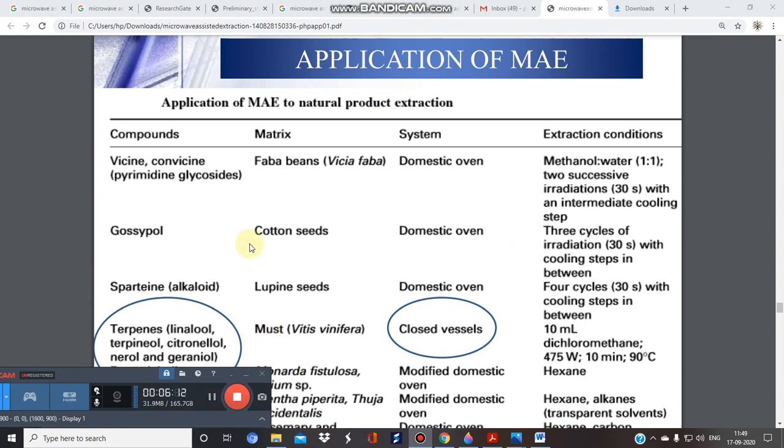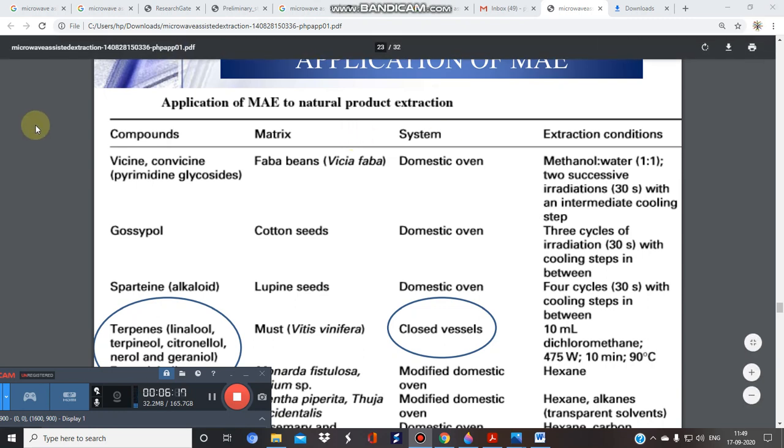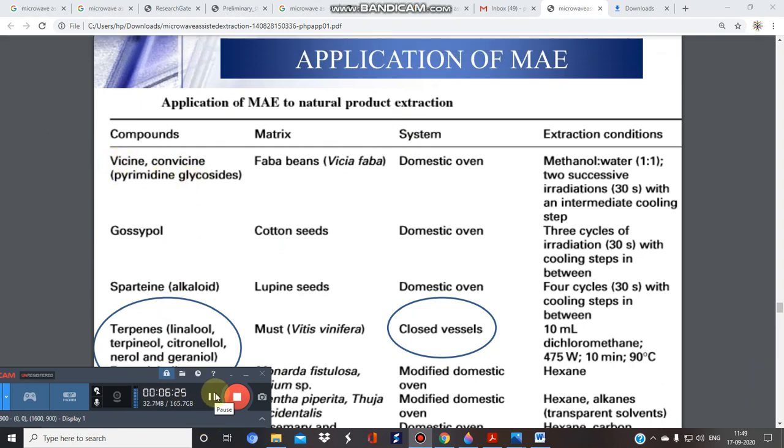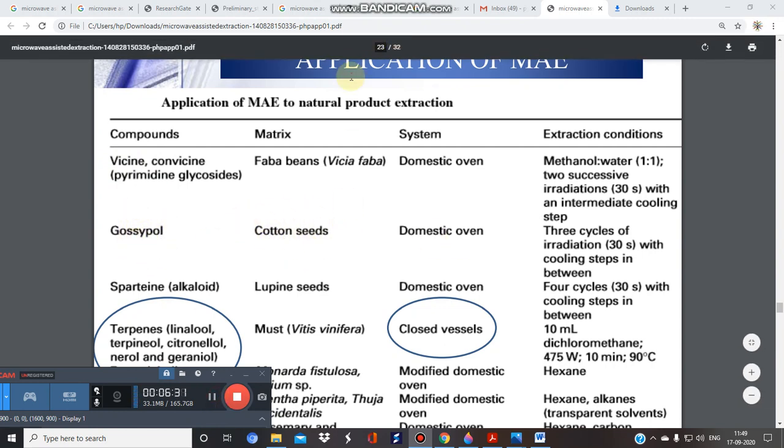So let's see some of the applications of microwave assisted extraction methods. It is widely used for the extraction of different types of natural products like volatile oils, flavonoids, lignans, etc. Like you have heard about gossypol that is present in cottonseed oil. It is very much used for the extraction of this compound, which is used as an anti-HIV compound.